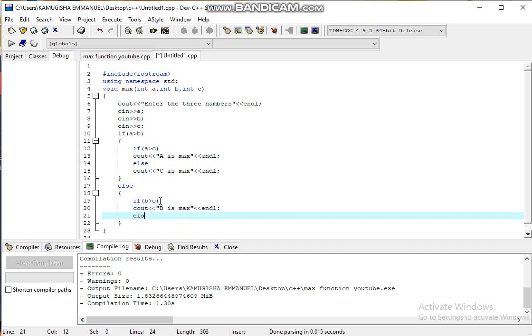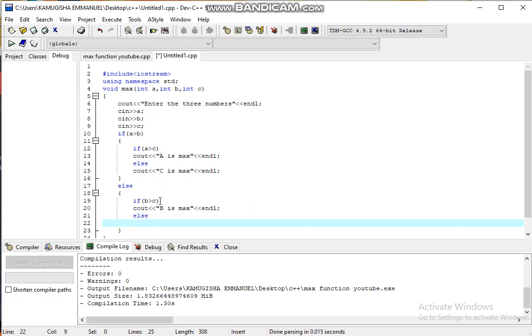Else, if it is not maximum, we put cout, C will be maximum, C is max,